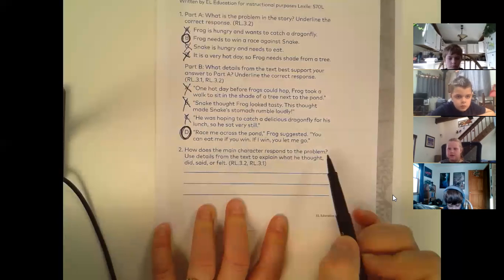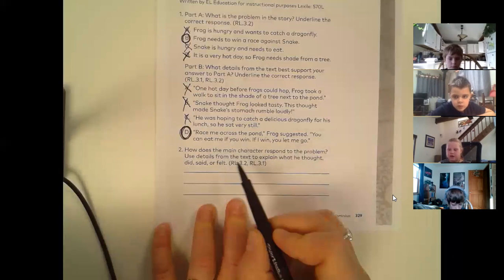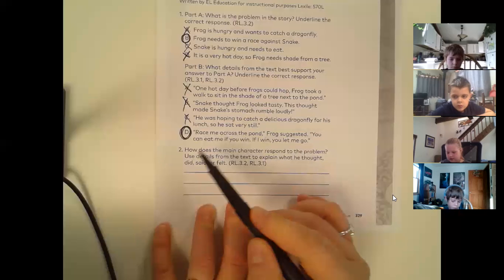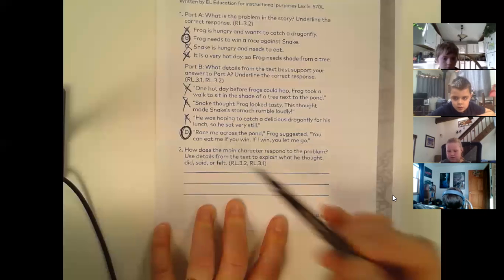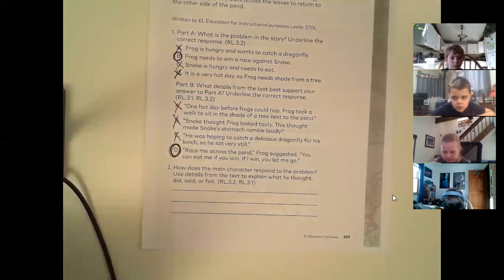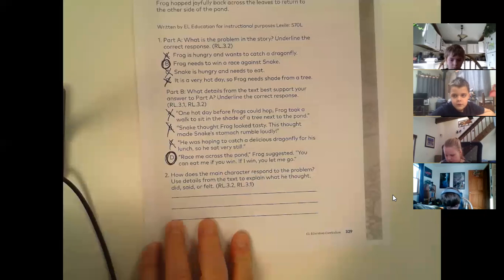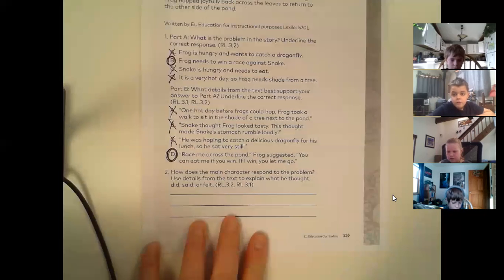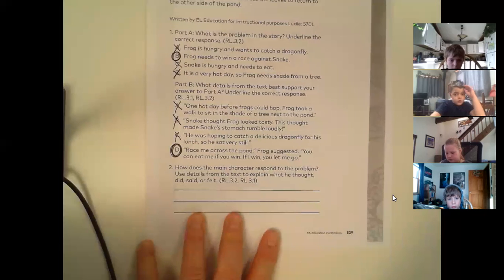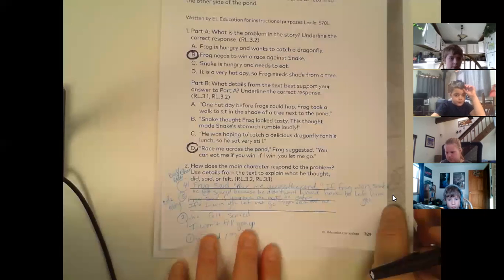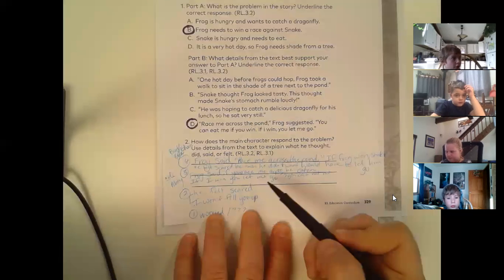How does the main character respond to the problem? In other words, the frog. Use details from the text to explain what he thought, did, said, or felt. Well, I have quite a few options that some people gave me. I had some really great answers. I had a couple of people who got 4s, and they said things like, Frog said, race me across the